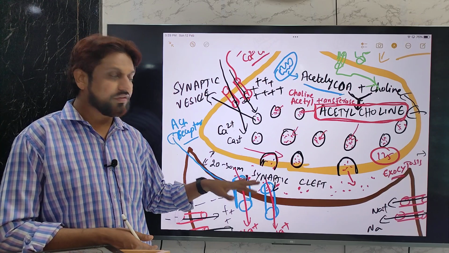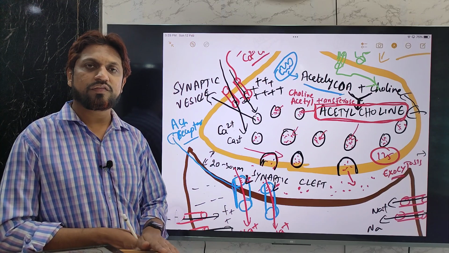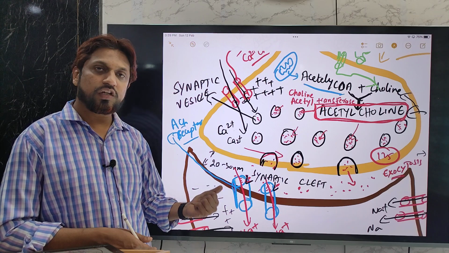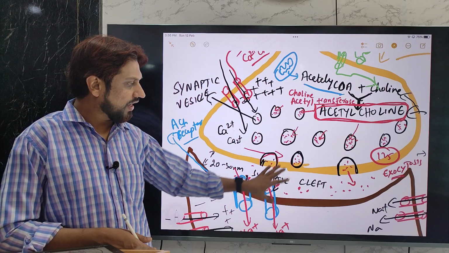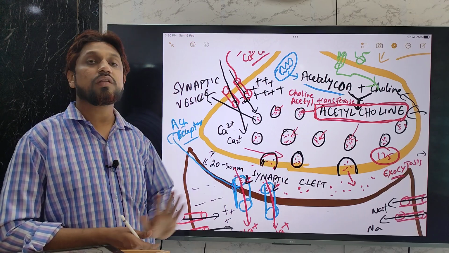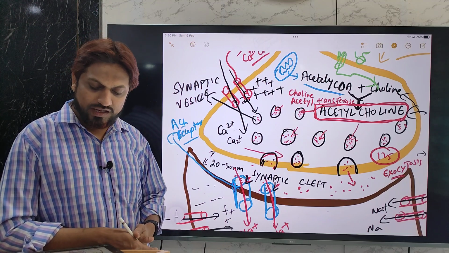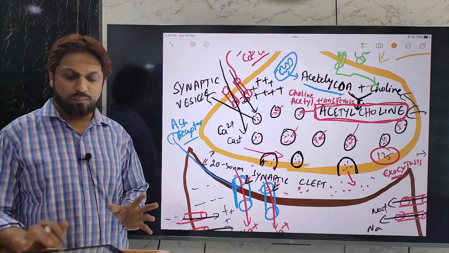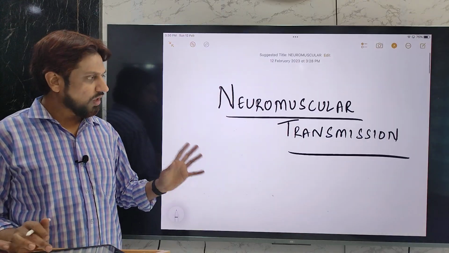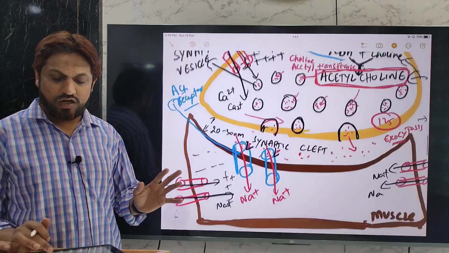Again, there are certain drugs and toxins like botulinum, tetanus, and some drugs, neostigmine and others, which act on these enzymes and various receptors present in the neuromuscular junction, which we'll discuss in some other lecture video. So right now, just to summarize today's topic of neuromuscular transmission,